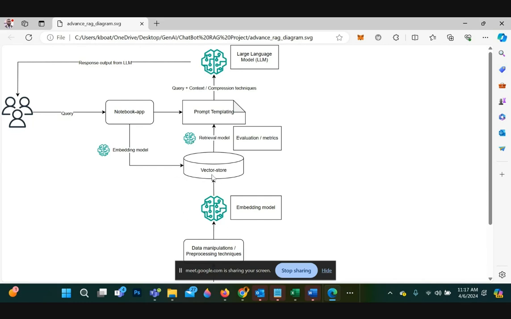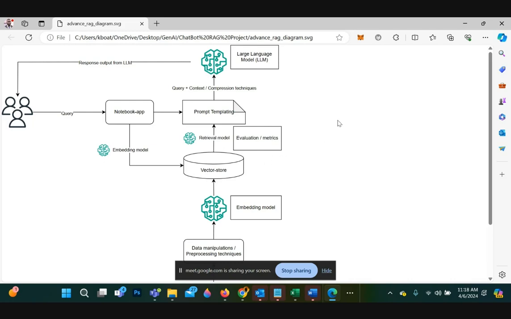So you do your vectorization, you embed your data and store it in the vector store, and then you query that. And then you send the results to the LLM for a response. So as we've seen from the text, that's how the Naive RAG behaves.